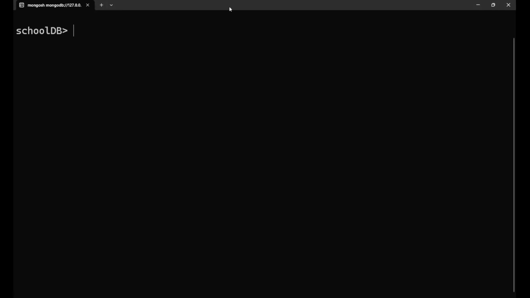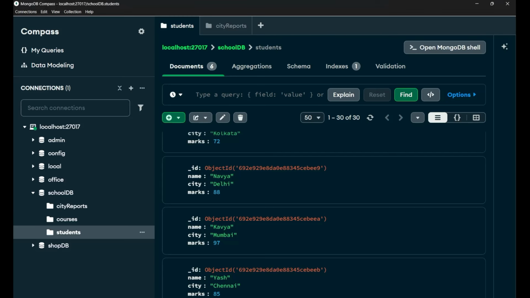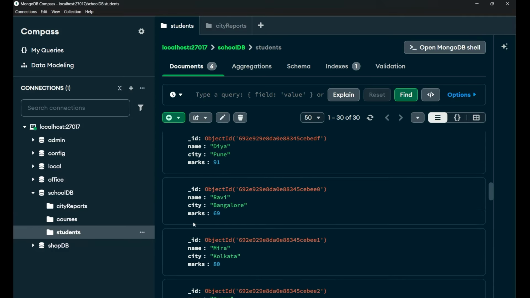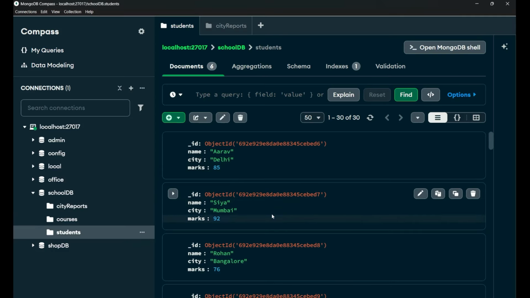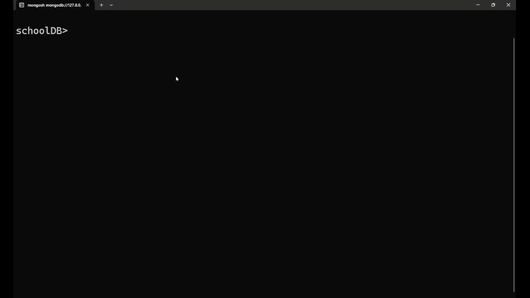Let me take you to the MongoDB shell and show you my Compass first. We have this school DB database with a students collection, and there we have some 30 documents. Now inside of it, if I want to see the minimum,